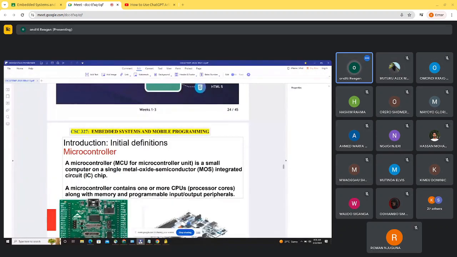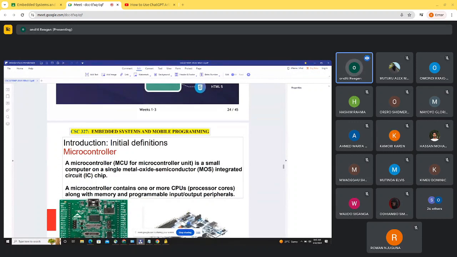Okay, sorry for that. So, as I was saying, the microcontroller contains more than one CPU. So you can have more than one CPU sitting on the integrated circuit. So that integrated circuit can be able to have the processor, it can be able to have the memory, and at the same time, it can be able to have the programmable input-output peripherals. So why do we refer to them programmable input-output peripherals? We call them programmable input-output peripherals because we are the one to control what goes in and what is to be displayed. And that is where